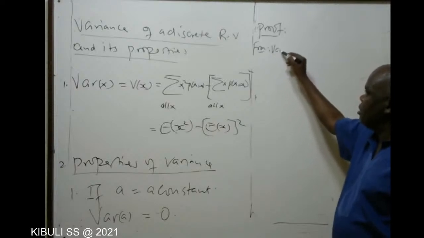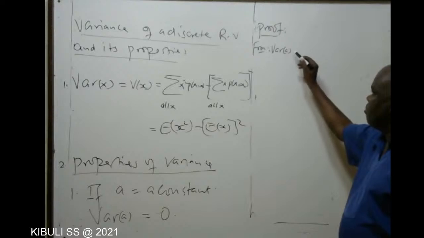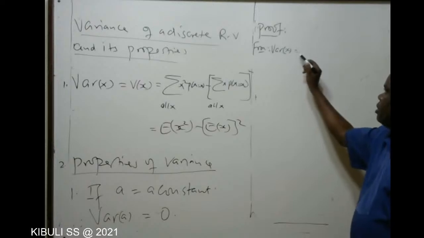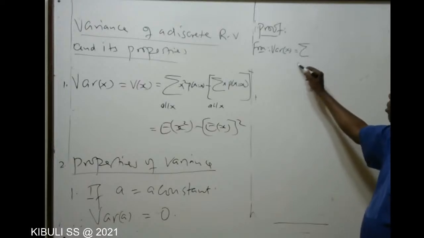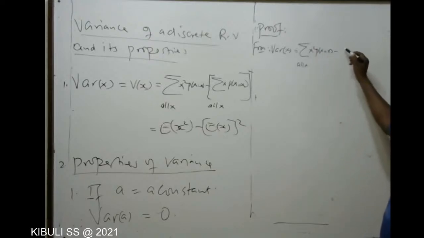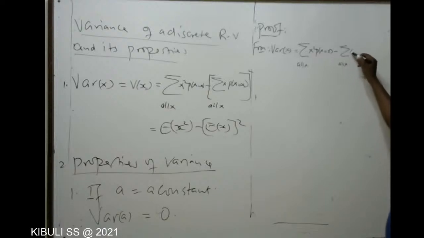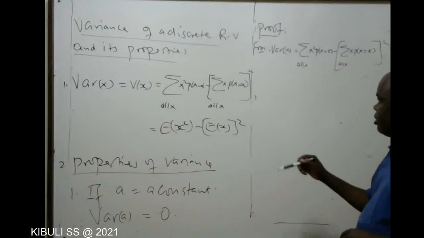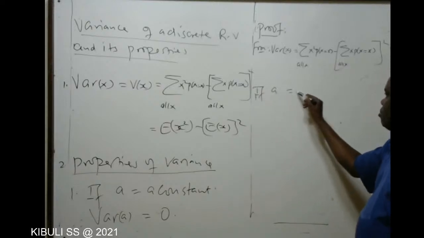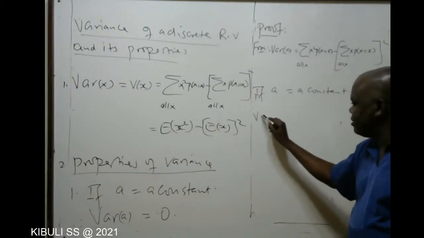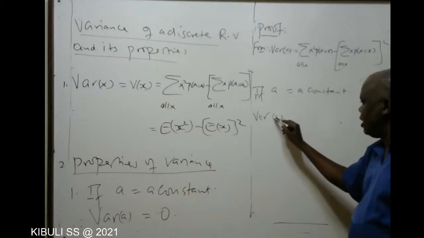the variance of A, let's state the formula where it makes up from the variance of X being equal to the sum of all x squared, probability of X equals x, minus the sum of all x, probability of X equals x, this one squared. From that formula, if A is a constant, if our A is equal to a constant, the variance of a constant A shall be equal to,